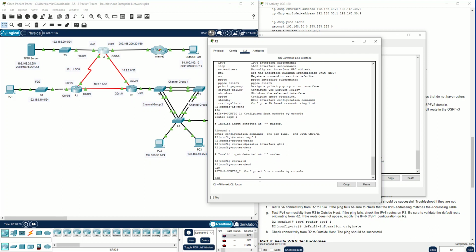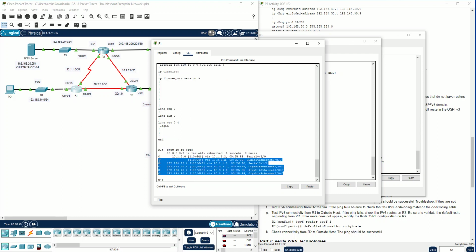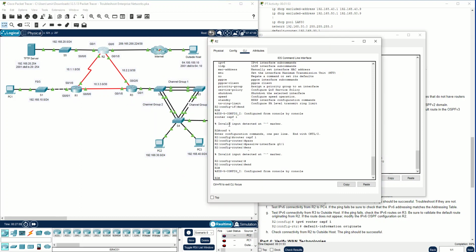And in router 1, show IP OSPF, show IP route OSPF, and also you can see some information here how can learn this network and this network and this network via this, for example, interface, and also serial 0/0/1 help us to get access to 192.168.20.0 for router 1. And also here show IP route OSPF here,